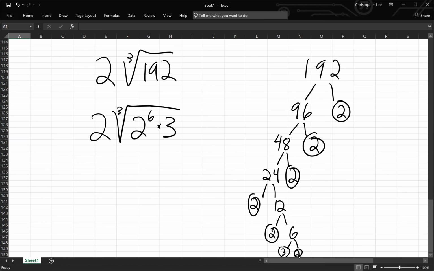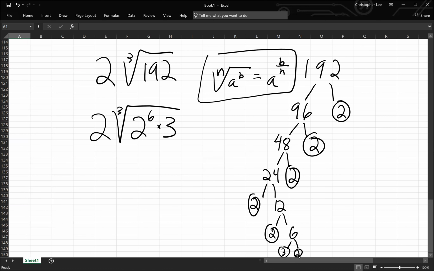So look, you remember that if I have, like, let's say the nth root of a to the b power, that's gonna be a raised to the b over n power. Remember that rule? Right? So using that same idea,